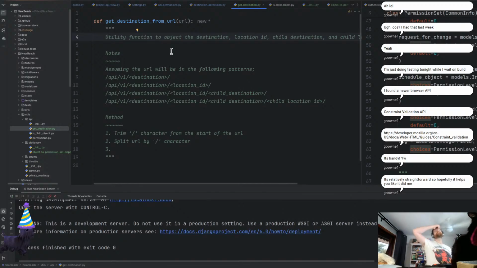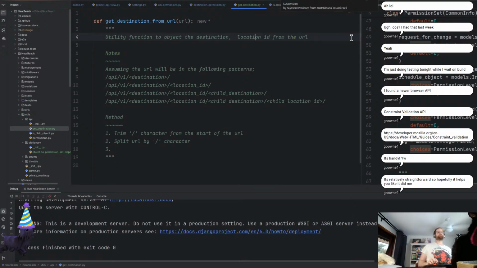But that being said, I think we just need the destination. Let's keep this one simple. Let's not overcook this function, because we can write another function for this. Return the third position,